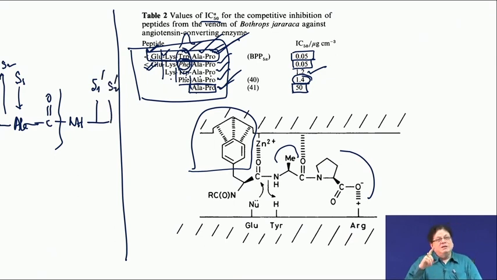So, if I say that in case of this angiotensin converting enzyme, in the S1 pocket there should be an aromatic amino acid, is that correct or not? So, we have to see that the hydrolysis usually takes place, it is a dicarboxypeptidase. So, it will be the hydrolysis of the bond between the tryptophan and the alanine. So, which one is the S1 pocket? S1 pocket is the tryptophan.